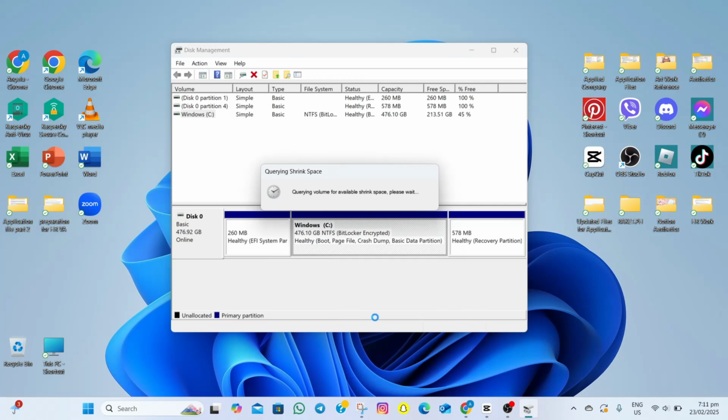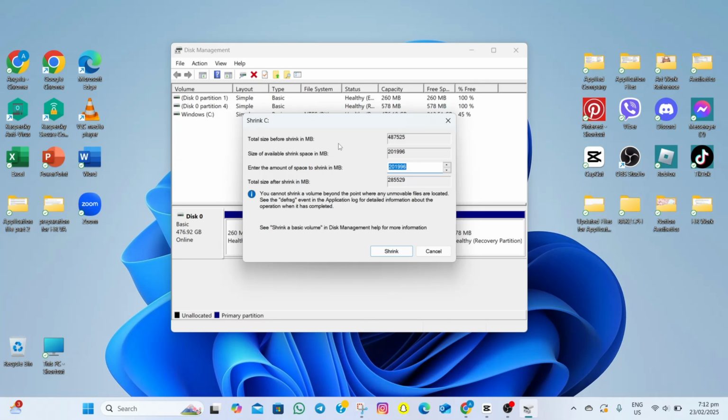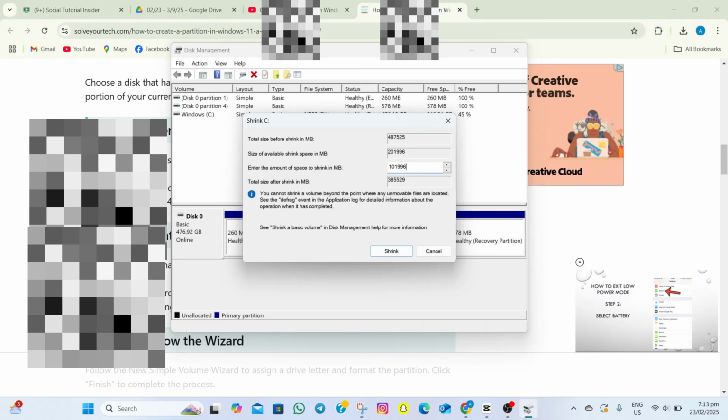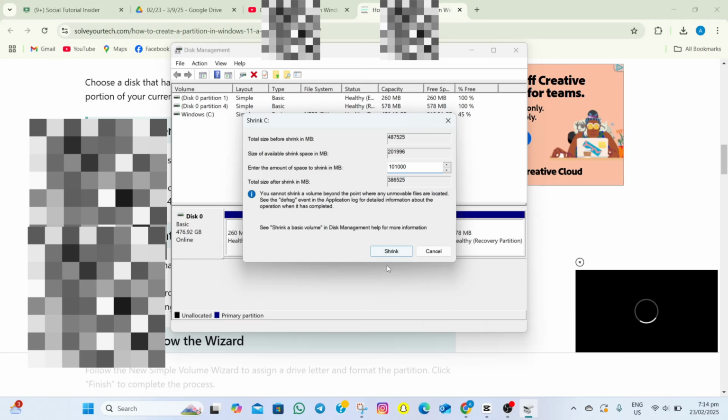And then we'll just have to wait for a little. After that, you will now see this one. In here, we'll have to input or enter the amount of space to shrink in MB. Keep in mind that 1000 megabytes is 1 gigabyte. So, as you can see here, I have 201,996 megabytes. I'm going to change this one to 100,000 megabytes. After that, I'll have to tap on the Shrink option and then we'll just have to wait for a little